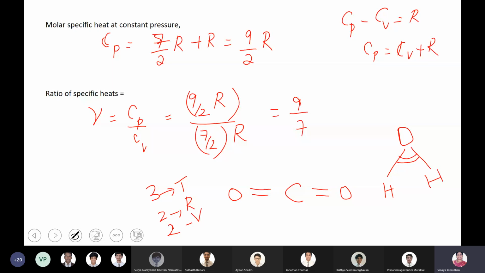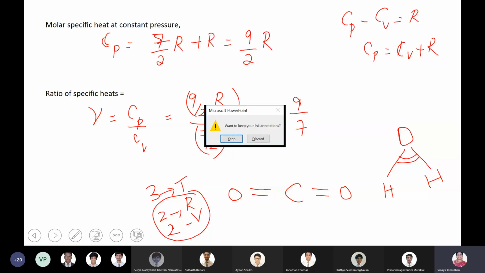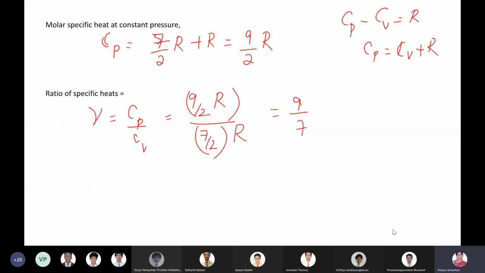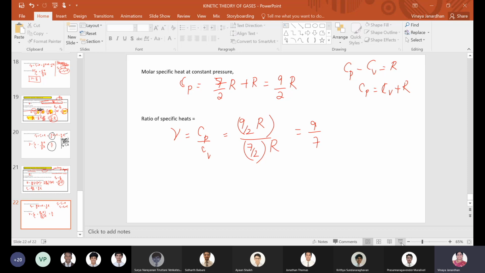5, 7. Here it will have 3 degrees of translatory motion. Then it can rotate. So rotational, they have not split your rotation and vibration because they have totally given your rotational motion itself as 3. The vibration is not specified. Actually, we need to specify the vibration, but your syllabus is not taking vibration into consideration. One second.